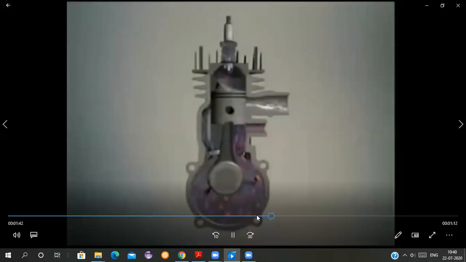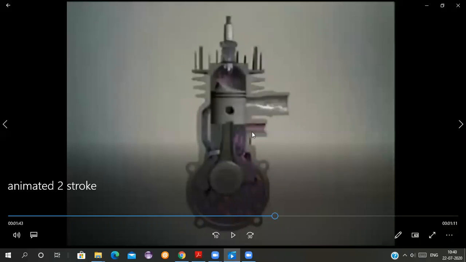The air fuel mixture is moving down at this stage from the inlet port, and it is getting accumulated here. Spark plug is igniting. Combustion is taking place. The expanding gases cause the pressure to rise here. It is pushing the piston downwards. Because the piston is being pushed downwards, there is a power stroke. Power stroke is taking place.